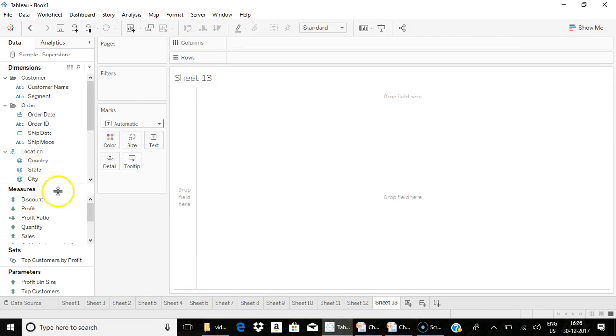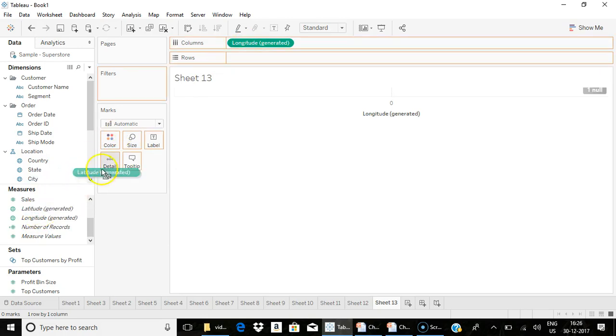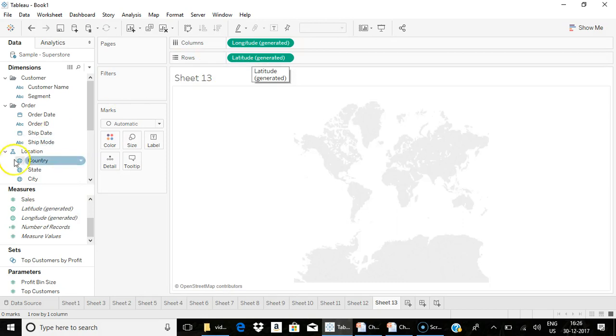In order to create maps, you have two generated fields, latitude generated and longitude generated. You can place your longitude generated on the columns section and latitude generated on the rows. And you can assign the corresponding geographical field to the detail section.